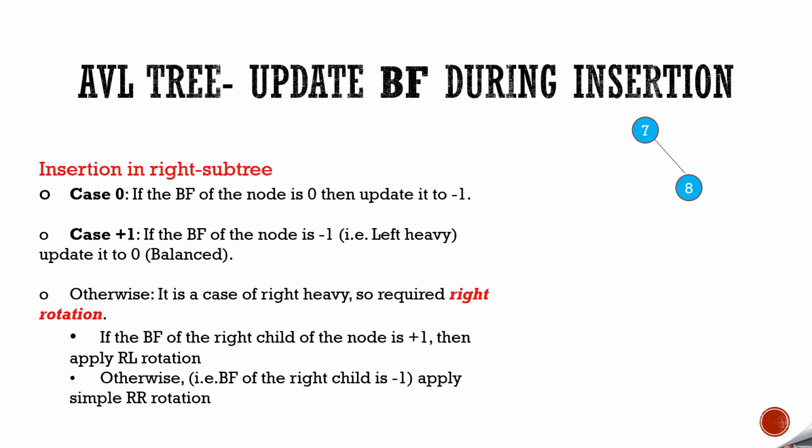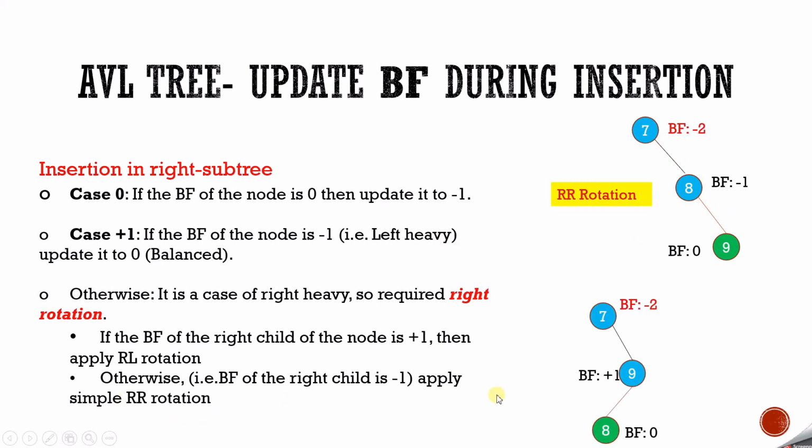Now if the balancing factor of that node is +1, that means it's left heavy. Okay, so sorry, in case it is -1, if the node already has -1, that is, already some node is there in the left tree, and I'm adding a new node in the right subtree, naturally it is going to be balanced, so we are going to make it 0. In the other case, I'm going to do some rotations. In this particular case, you see my balancing factor is -1, and I have added in the right subtree, so naturally I need a right rotation.